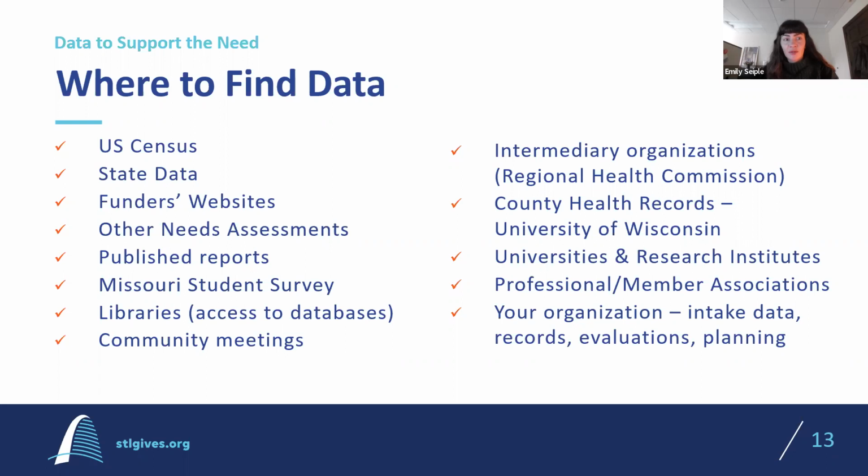So starting really big, you can get a lot of great data from public sources like the US Census. The US Census also does the American Community Survey, which you can get really granular data down to zip codes or census block groups. And then we just have a wealth of reports in St. Louis as well that the state puts out, that universities put out, that different organizations have been contracted to do. So lots of reports. As Elizabeth said, we have a list of them with some links at the end of this presentation so that you have it as a reference and starting position.